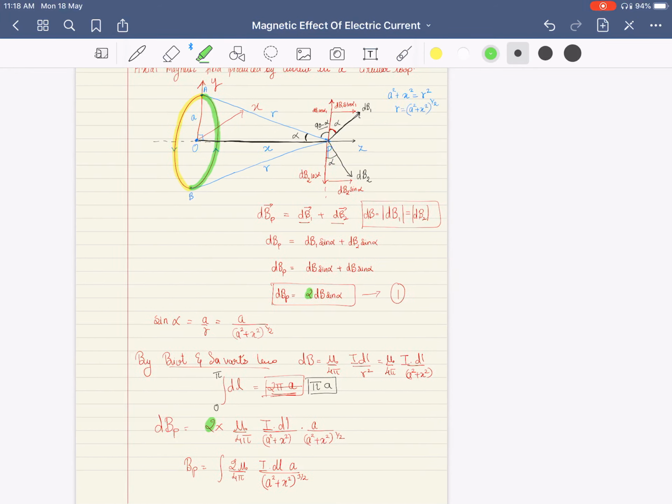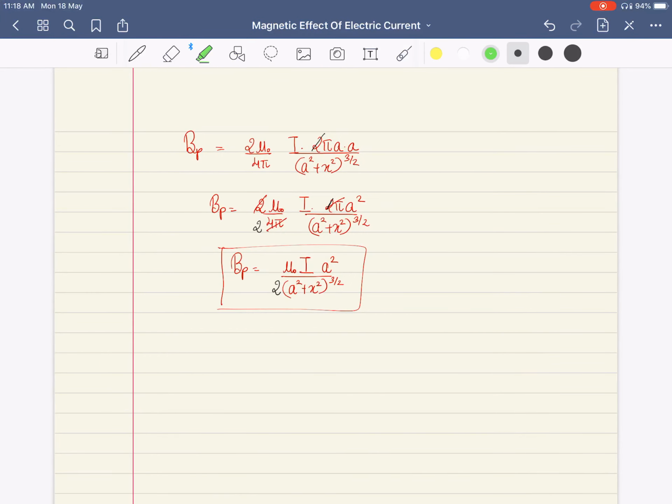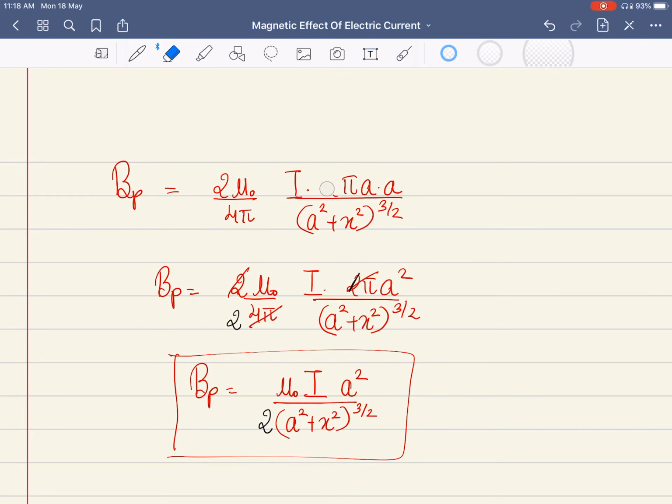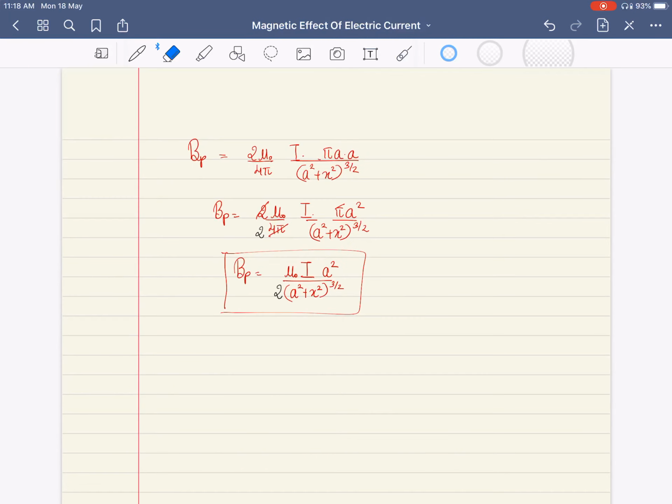So that is why when I consider a length का integration, so I don't have to consider the integration of length as 2 pi. I have to consider the integration of the length as pi. Okay, so I'll just remove this value. Okay, getting it clearly. So that's the reason why we consider pi. So pi gets cancelled.